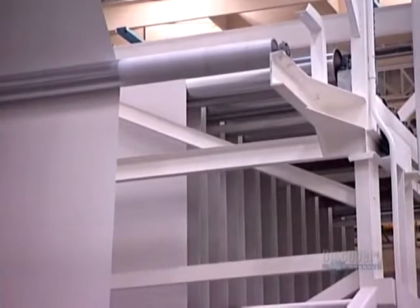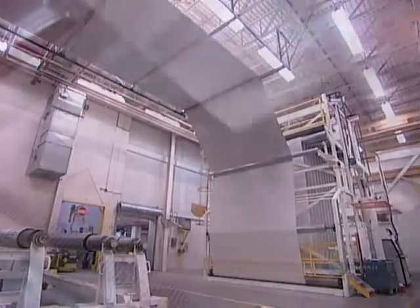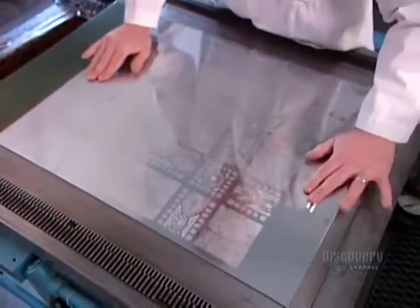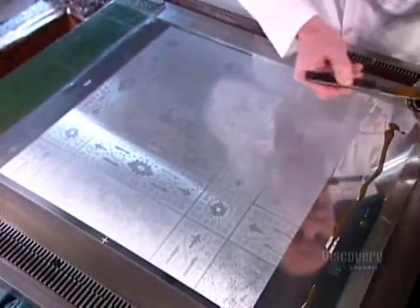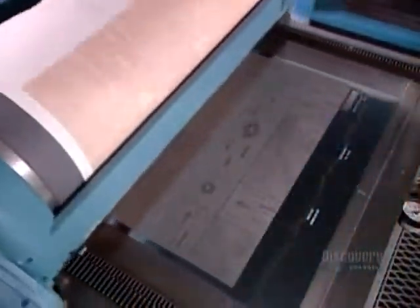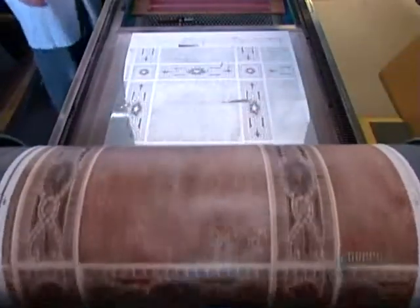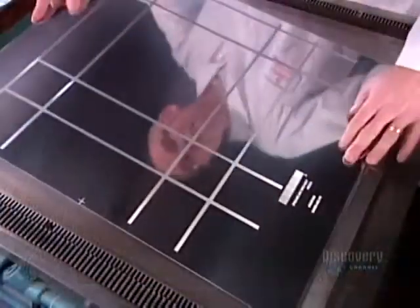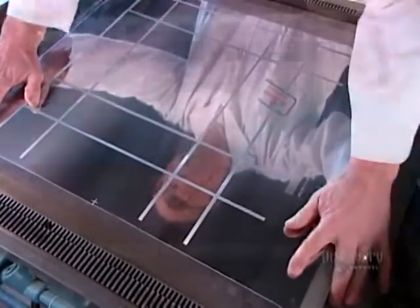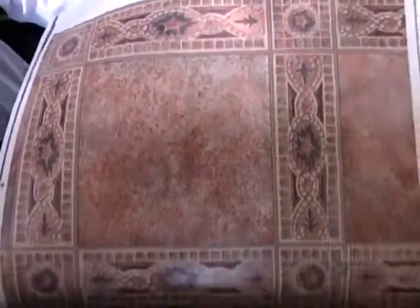At this point, it's critical not to activate the blowing agent. The floor's design will be printed directly on this foam surface. A graphic designer creates the artwork by computer, then with a colorist experiments with dozens of color combinations before deciding on which ones to use. The computer breaks down the final design by color in order to produce an engraved plate for each one. Then they test out the design on a piece of foam, printing one color after another until the design is